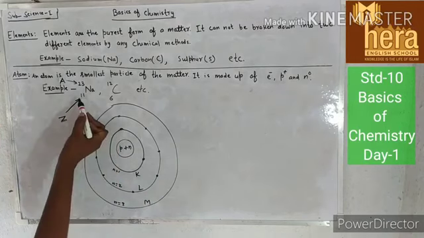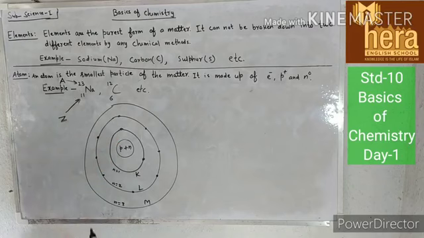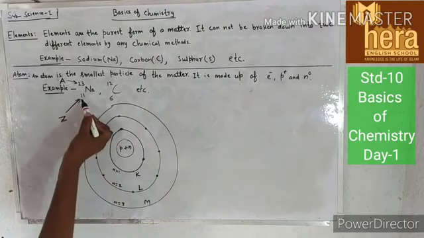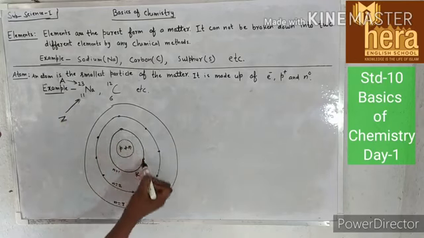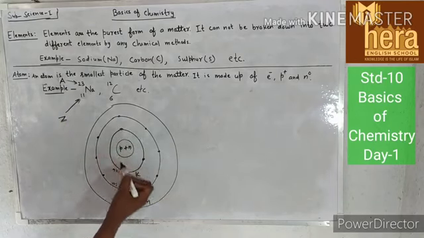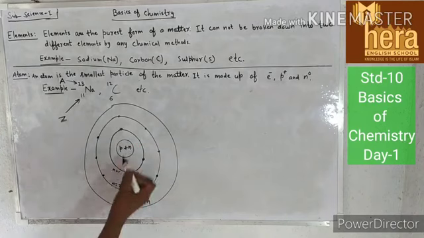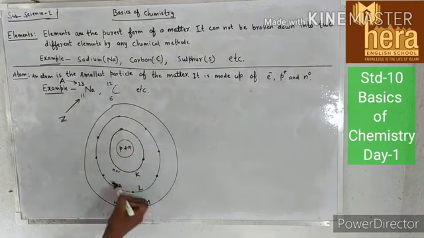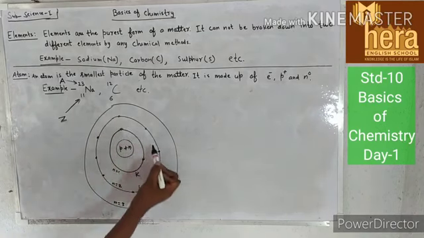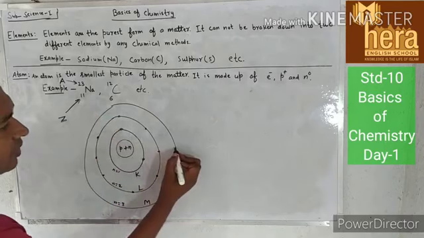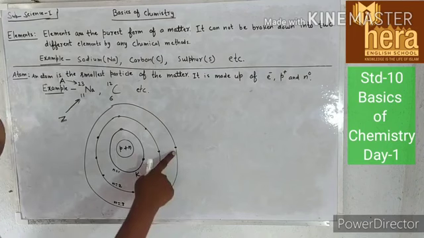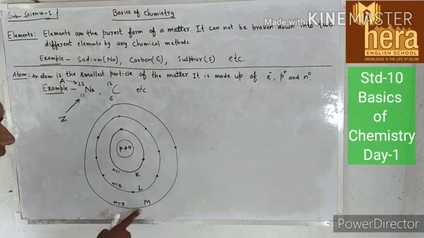See, atomic number is 11. It means number of electrons is equal to 11. Number of proton is equal to 11. In first orbit there is 2 electrons. The capacity of first orbit is of 2 electrons. Second orbit have 8 electrons. 2 plus 8, that is 10. Still 1 is remaining. So 1 electron will be in the last orbit. It means M orbit. Understood?